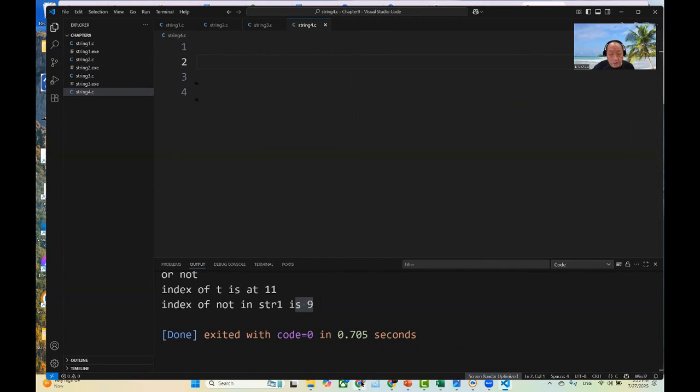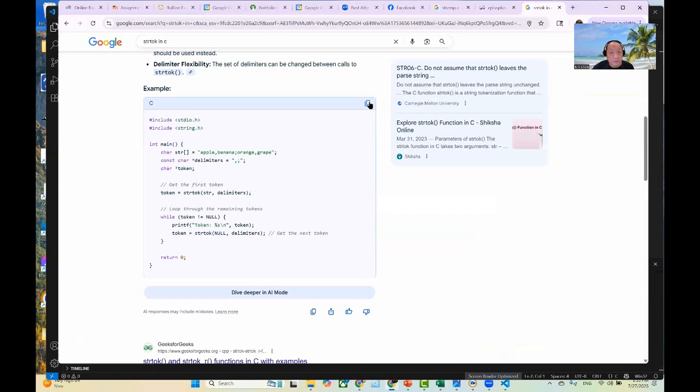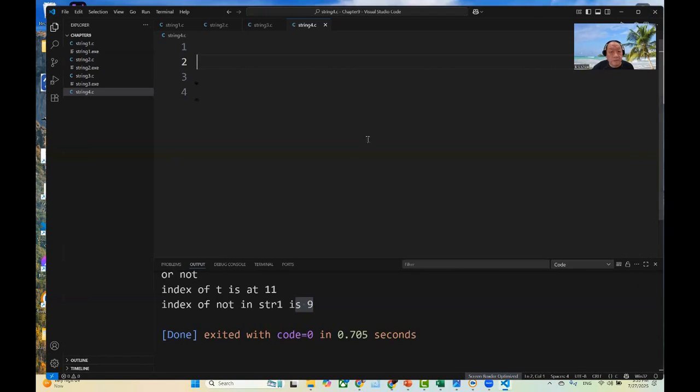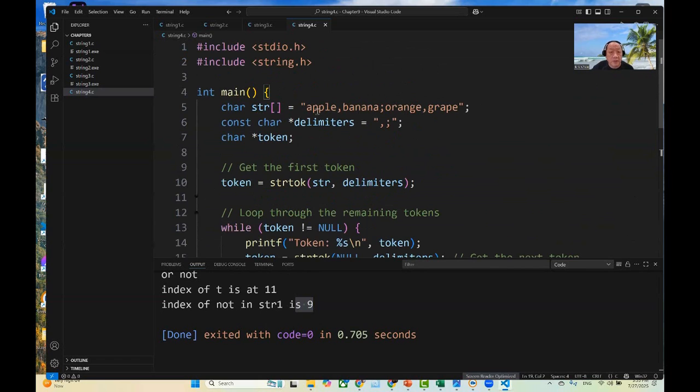Let me copy one more time and put it right here. Okay, so here you have this apple, banana, orange string, and your delimiter is the separator. You want to split. So this is actually equivalent to split. So you take the first token's string,